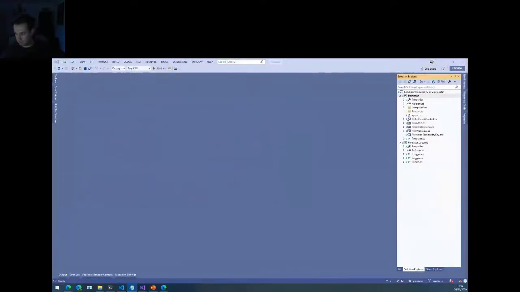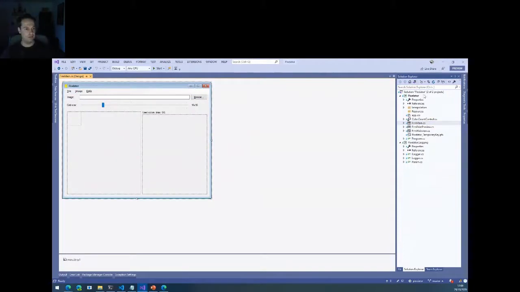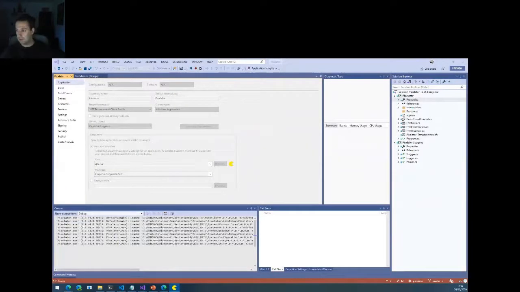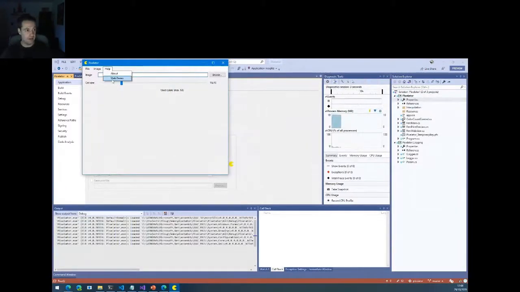So that's about it. Pretty simple WinForms application. There's the main form. It runs on .NET Framework 4. Let me just quickly start it again.